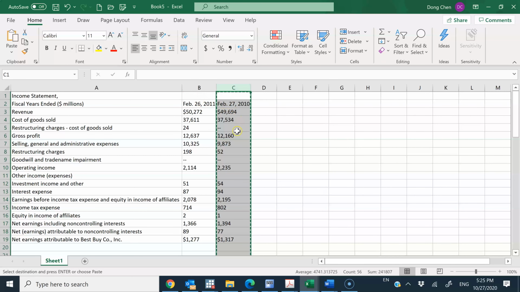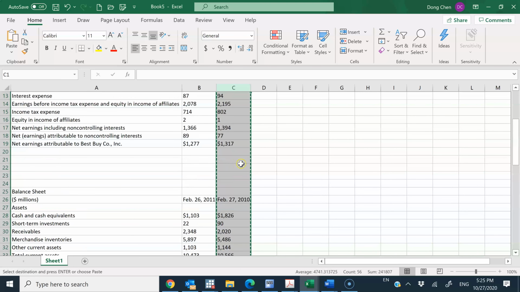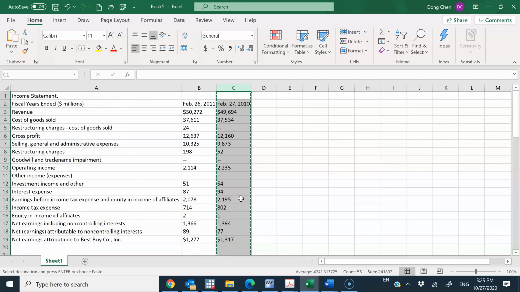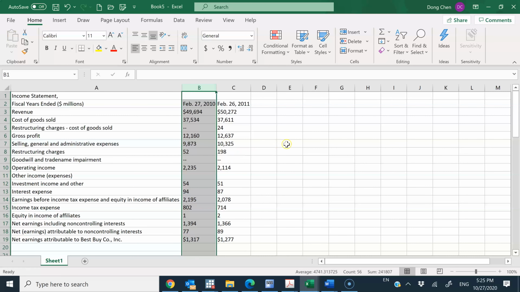And I will copy the earlier year's numbers to the left. So I think the reason is clear now why I copied both income statement and the balance sheet together, because now I can copy both earlier years' numbers in just one copy. So now I can insert cut sales,